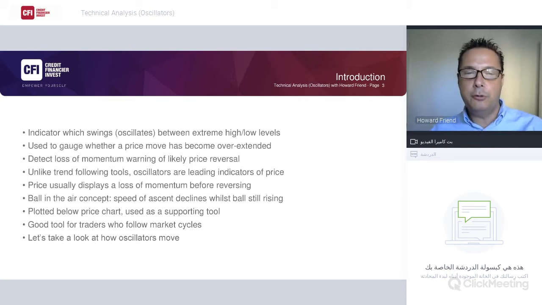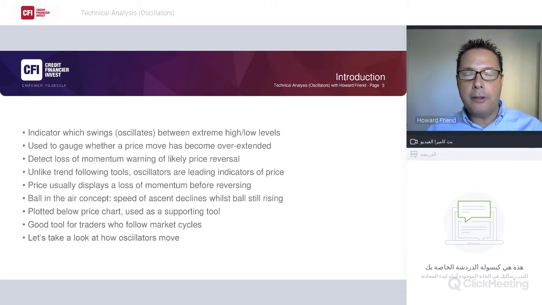So the theory is that as the price moves in its trend, it zigzags along and makes higher highs and higher lows in an uptrend. And as the trend starts to mature, we start to see a loss of momentum in the price. So what will happen is the trend will move to new highs, but the oscillator will tend to not move to new highs, and that will give you the divergence, which indicates a loss of momentum, which warns about a